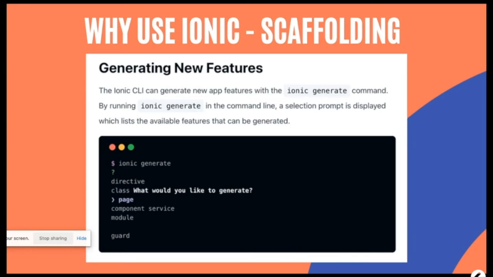So the button HTML is there, and then you have the CSS of the button, and then you also have the JavaScript of the button. Like what happens when the button is clicked, what happens when something hovers over the button. You can have different callbacks for what happens to the button. All of that can be included in one folder. So you can create pages, you can create components.